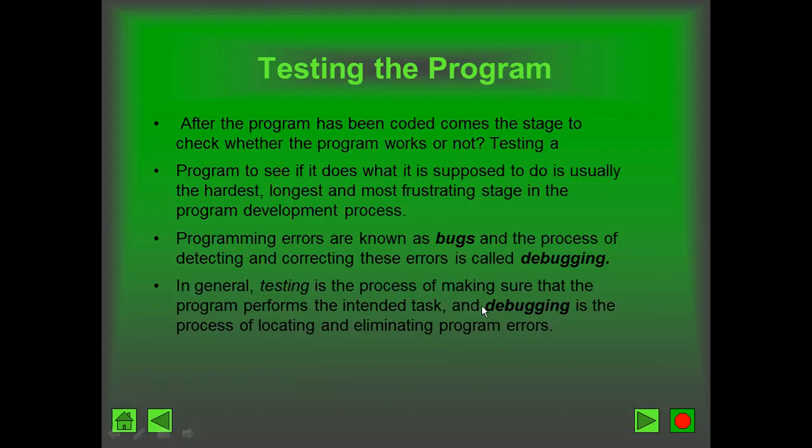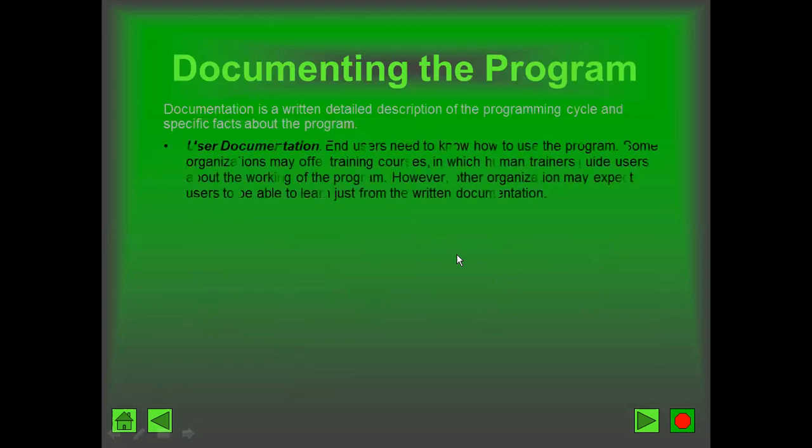And debugging is the process of locating and eliminating program errors. So if you find any errors in the program in the testing stage, we try to locate those problems and then try to figure out and eliminate those programming errors. This process is called debugging. Okay. So this step is called testing the program. This is the second last step, and the last step is